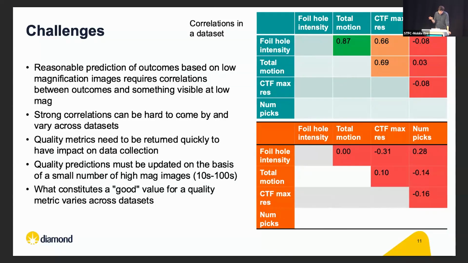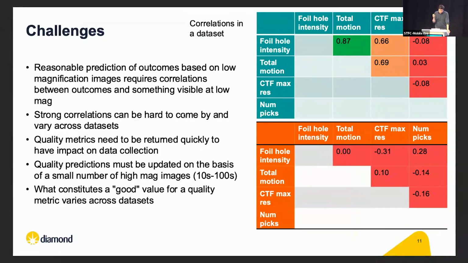So that's something that is definitely visible at that scale. And then you calculate, you see if you get any correlation. So in one data set, I mean, 0.87 isn't actually a great correlation coefficient, but the data is very noisy. So there is something there where that kind of intensity score is correlating with the motion, less on the CTF max res, and some of this is because